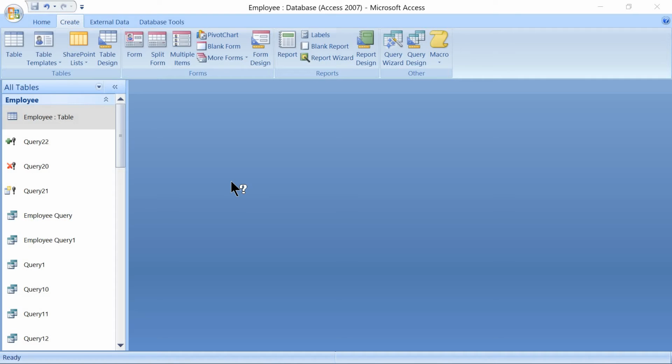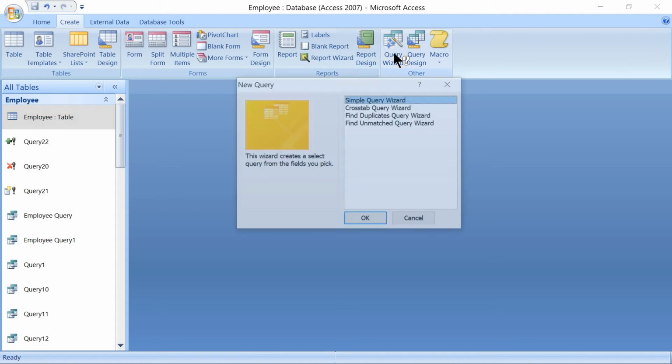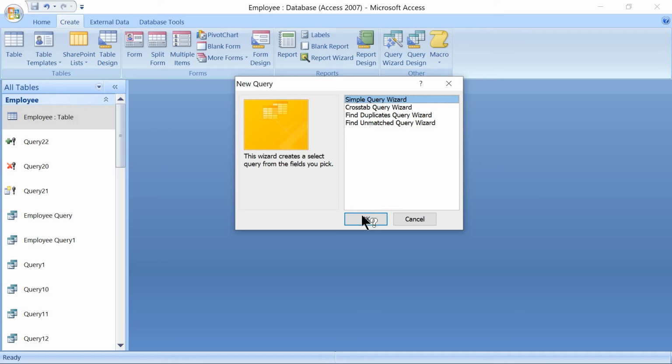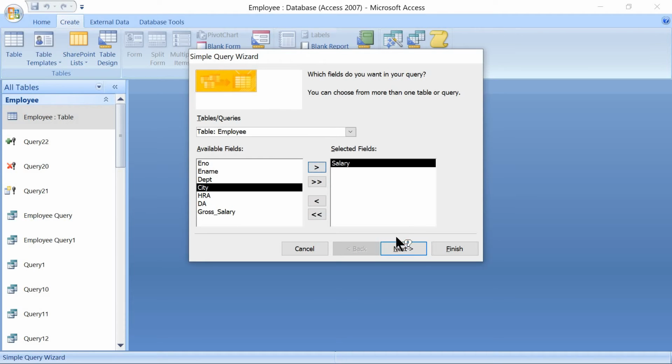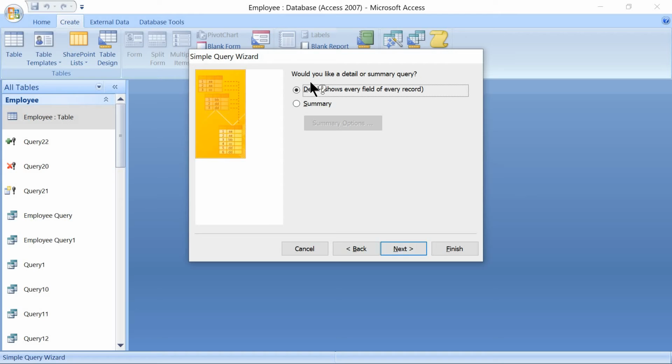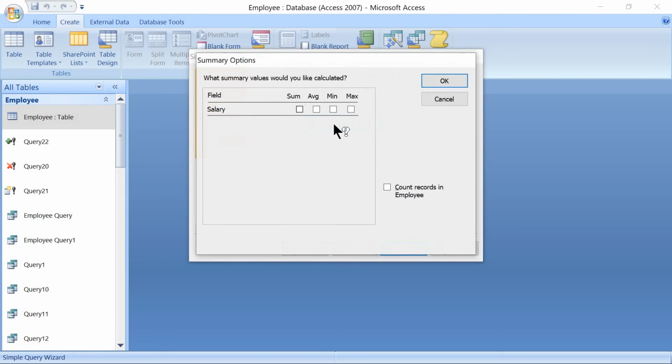Now we will see the summary query here. Other query wizard, simple query wizard. Let's take the table employee and here we will be taking only salary here. Next, the same way, let's go for summary. It's not required that we have to take all the fields here for this one. Then summary options, which will go for calculation.